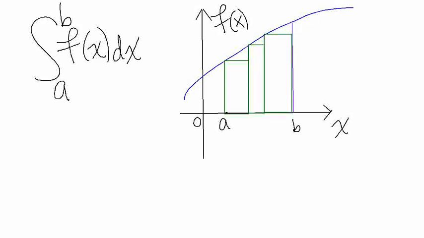Okay? Now, if you approximated the area using those rectangles, you would be using the left side rectangle approximation method. Now, the reason it's called that is because those green rectangles intersect the blue curve on their left sides. If the rectangles you selected intersected the blue curve on their right sides, you would be using the right side